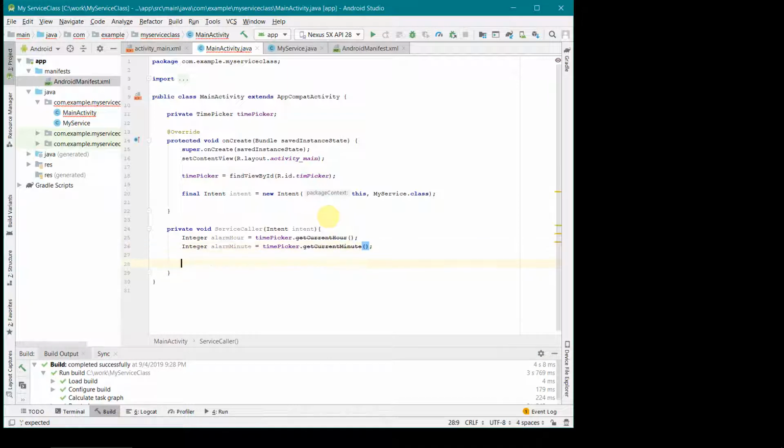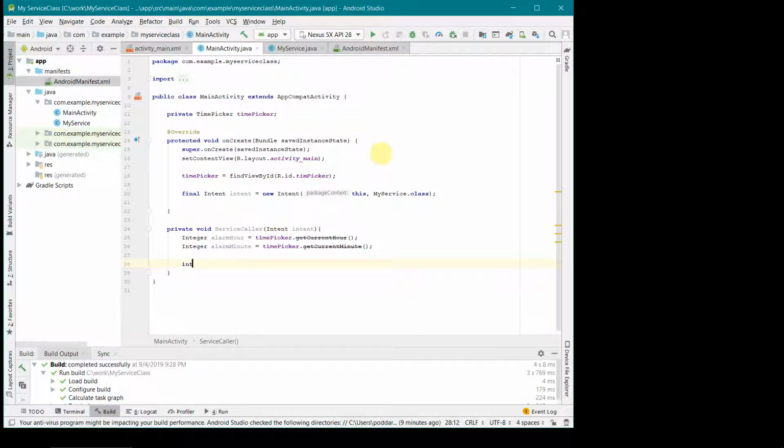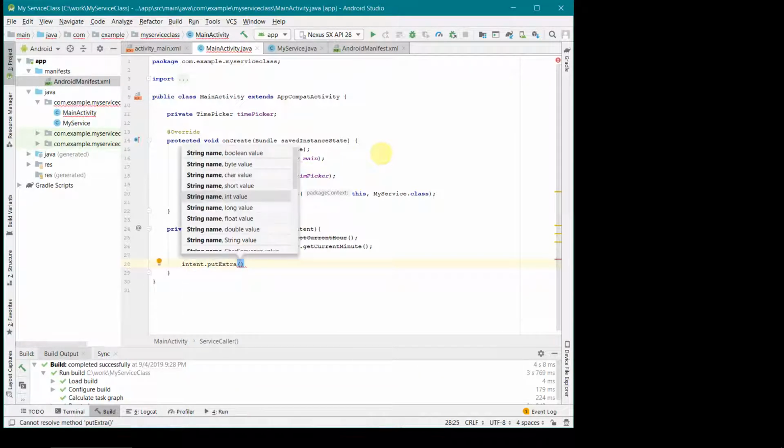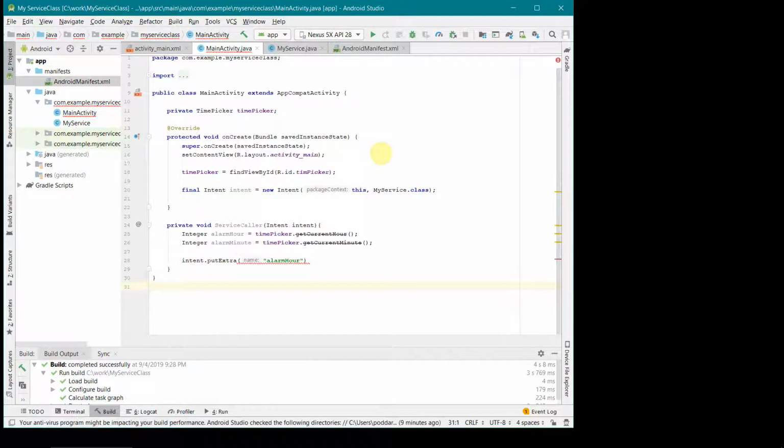Once we have the alarm hour and alarm minute, we can use this intent which we have passed over here, intent dot putExtra, and the key value will be alarmHour for the alarm hour. Please make sure that these key values are the same when you are putting and getting them in the service class, because these are based just on the spelling.